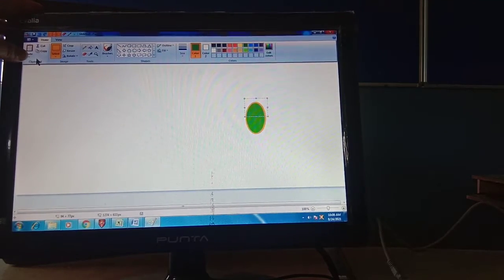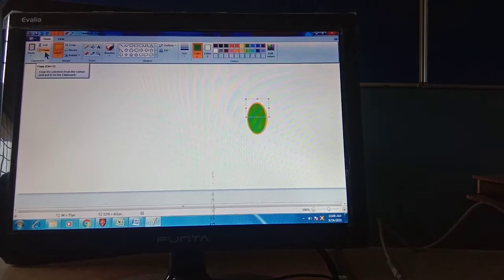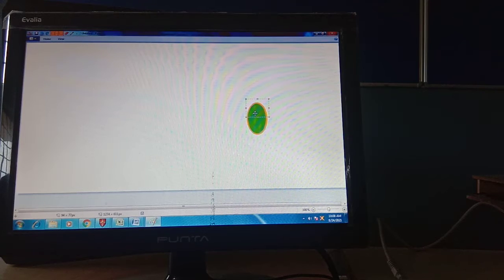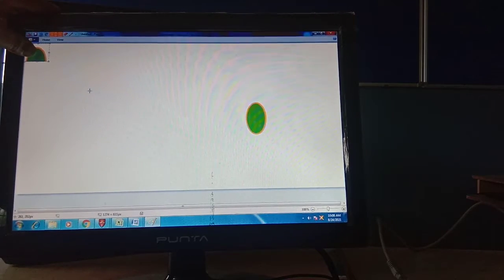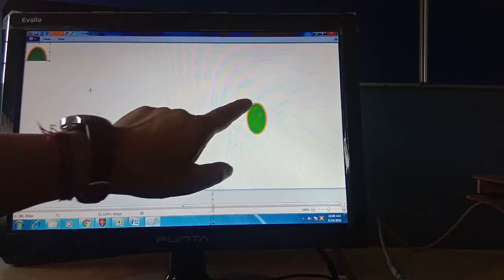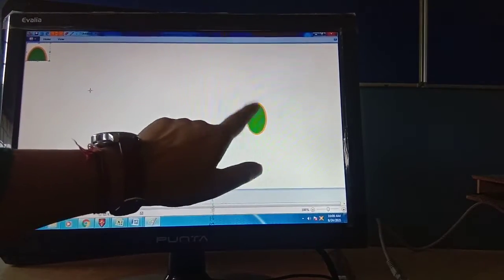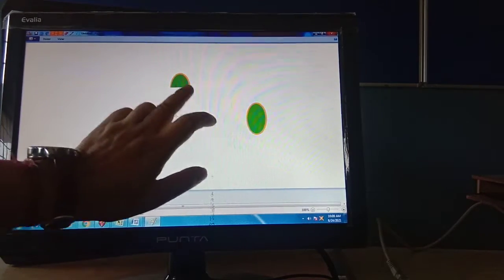In the clipboard group you have to click on the copy. Right now I'm doing copy. Then I will show you cut. So copy. Okay, it is copied. Now I'm pasting it. Paste. So it will be pasted at the topmost left corner. It is pasted there. So see, आप देखो इसकी कॉपी बनी है, ये यहाँ से रिमूव नहीं हुआ. It is not removed from there. And now I am pasting to here. I'm just shifting to here. Okay, I'm just shifting. This is a copy.